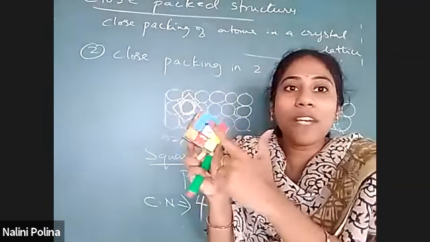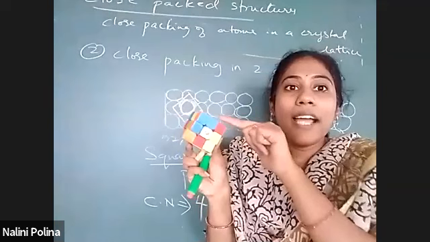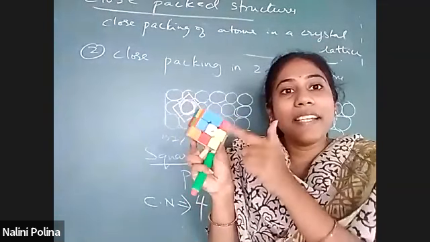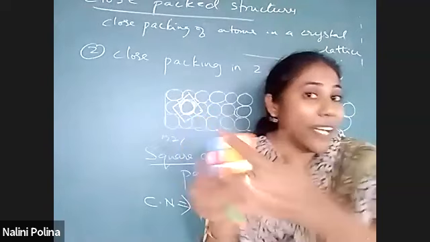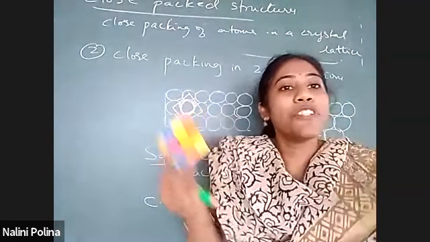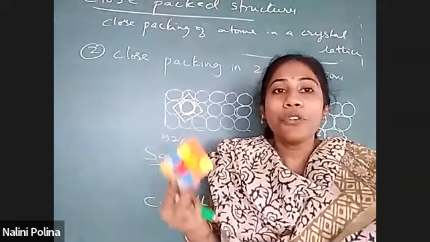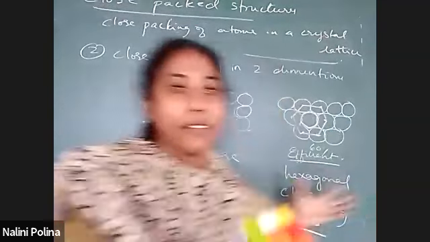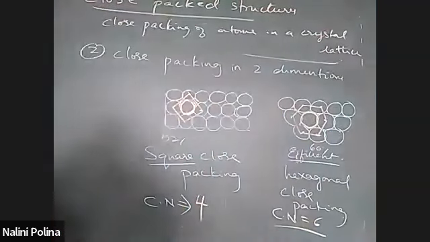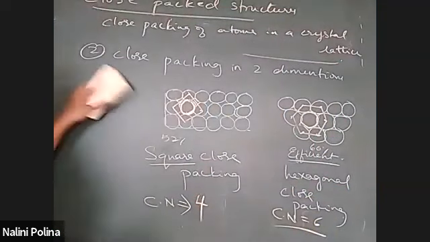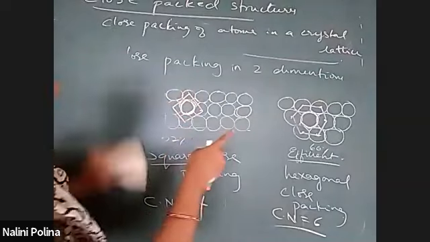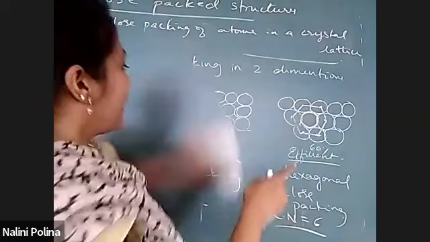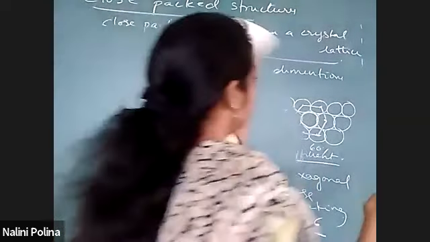So this is one more layer that has come. Either below or above, this is another layer that has come. When you go on putting layers on one another, you get a dimension called height, right? So now that's what we are learning, three-dimensional packing. So take a heading, close packing in three dimension. Close packing in three dimension.